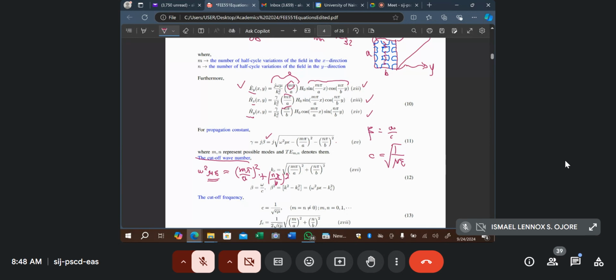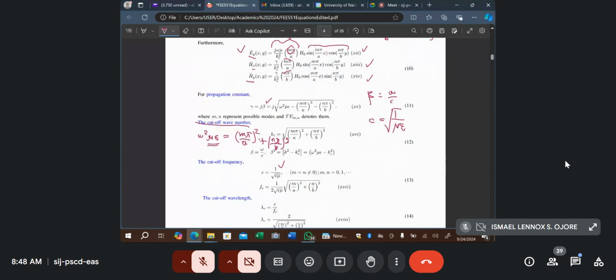C is 1 over root of mu epsilon. Then what we'll have is that omega squared, which is 2 pi f squared, is equal to one over c squared